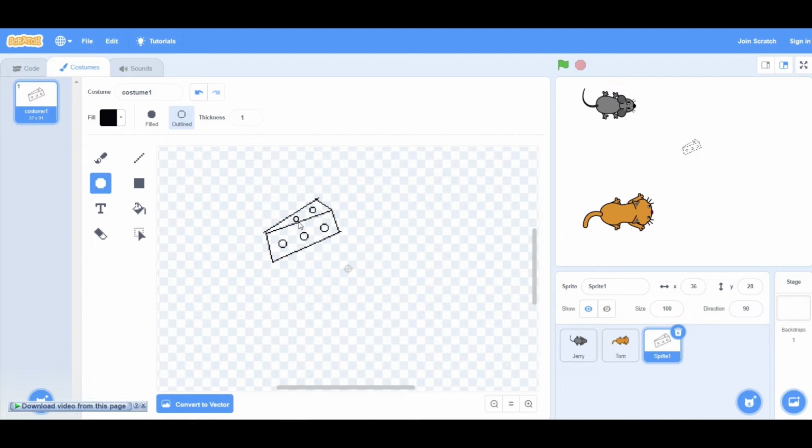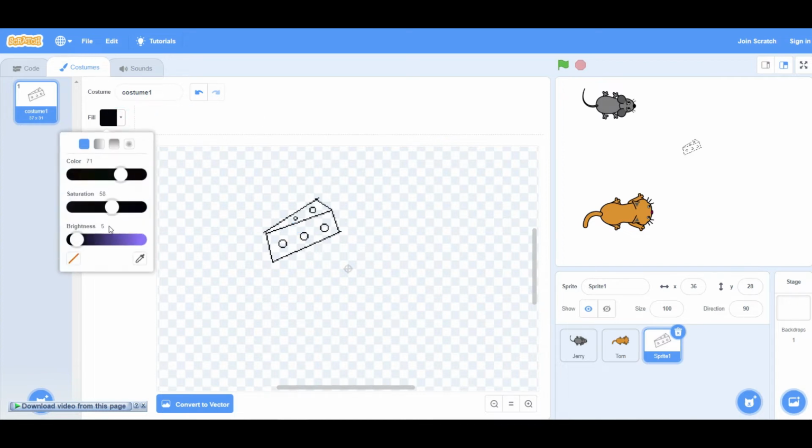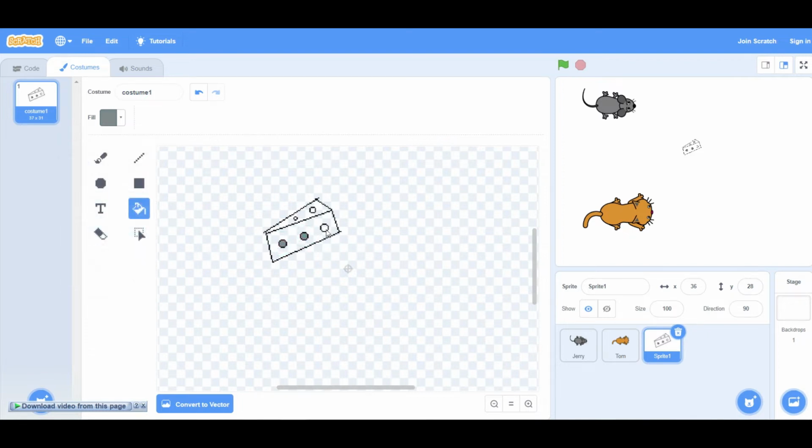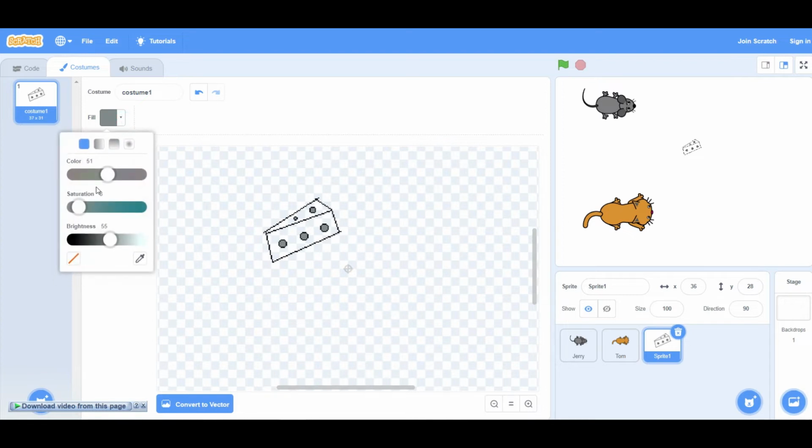Now I will take this paint bucket and I make it gray a little bit. So I fill this with gray color, only the circles, and the rest of it I put yellow color